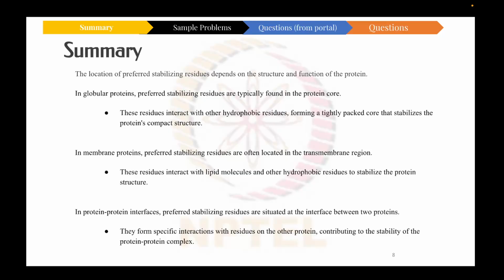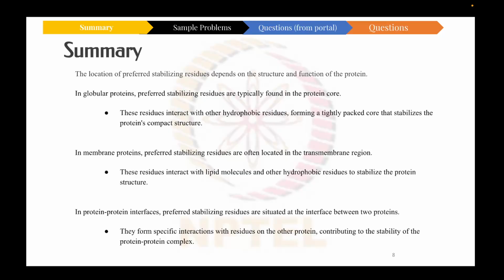In globular proteins, preferred stabilizing residues are typically located in the protein core, where they form hydrophobic interactions with other hydrophobic residues and stabilize the protein's compact structure. These residues are often buried and inaccessible to solvent molecules. In contrast, surface exposed residues are often hydrophilic and charged, allowing them to interact with water molecules and participate in